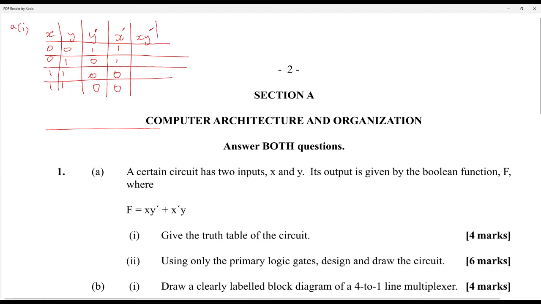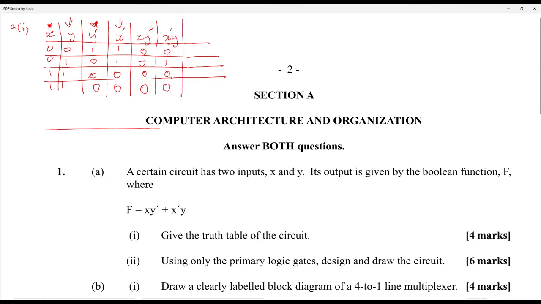So this is an and: x is 0, not y is 1. So we're basically comparing this here with that here, 0 and 0 is 0, 1 and 0 is 0. Yep, that should be the x not y. And then we continue our process, and then we'll have the not x y. So that's an and again. Dealing with the not x, which is here, and the normal y, which is there. So 1 and 0 will be 0, 1 and 1 will be 1, 1 and 0 will be 0, 1 and 0 will be 0.